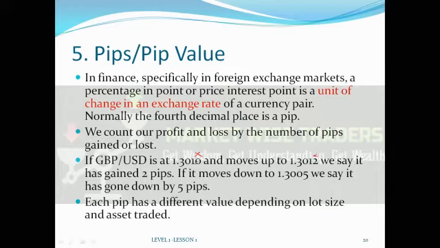Okay, so just something I'll add here. Whenever you see a pair quoted like this, GBP USD, the one on the left is the base currency, or the base asset. And then this is the quote, the quote currency. So if we say GU is at 1.3010, it means that you must pay $1 30 cents and 10 mini cents to get £1.